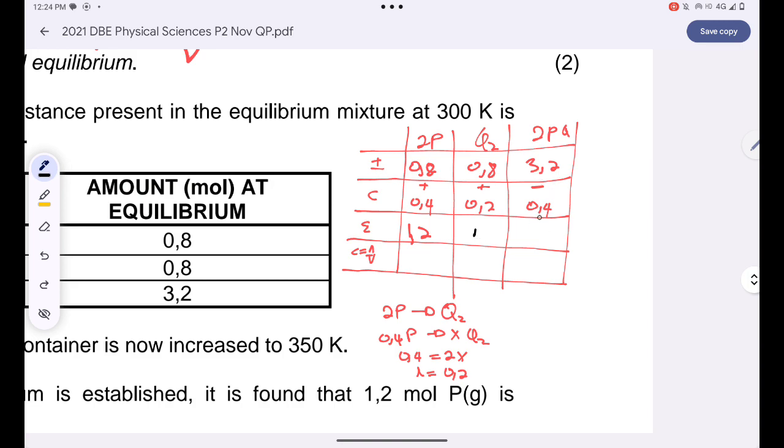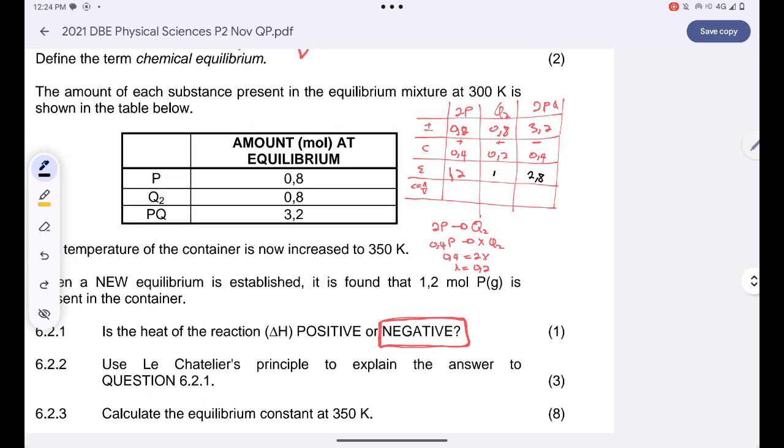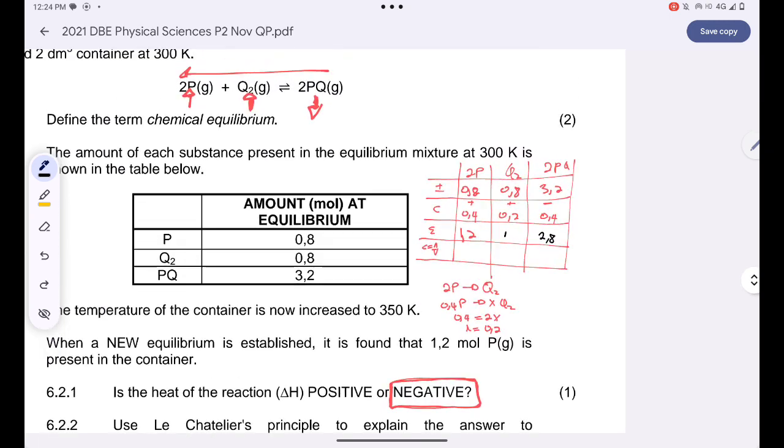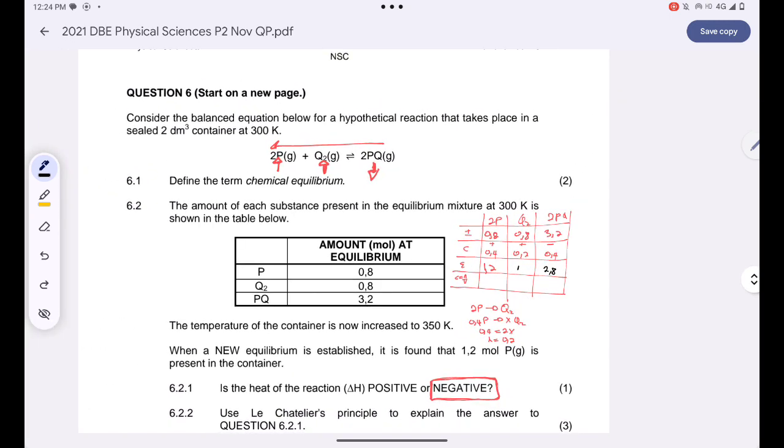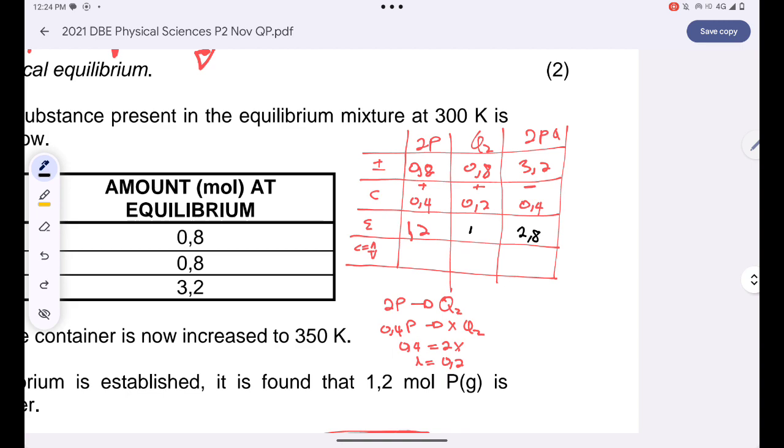3.2 minus 0.4, that's 2.8. Since I was told that the volume is just 2 cubic decimeters, my concentration, I simply have 1.2 divided by 2. 1.2 divided by 2 is just 0.6 moles per cubic decimeter, 0.5 moles per cubic decimeter, 1.4 moles per cubic